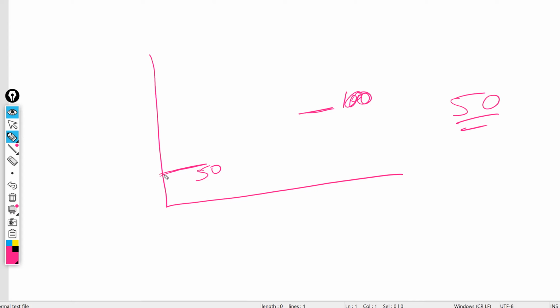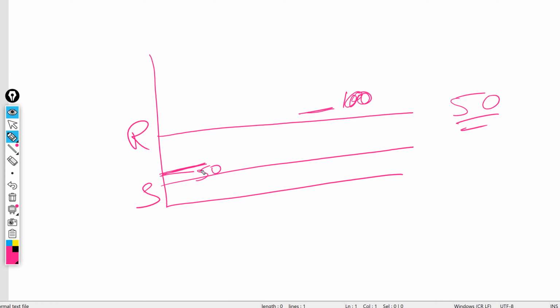Let's see here. Let's say this is the support and this is the resistance level. Okay, this is resistance and this is the support. Right now we are at 50. Now, what a professional trader will first see is in which direction the market is going. If it is going up, then he will enter here and wait until it touches this resistance. And here, if it crosses and sustains for a while, then he will add some more quantity to his trade. And then if it goes up, his profits will multiply, correct?